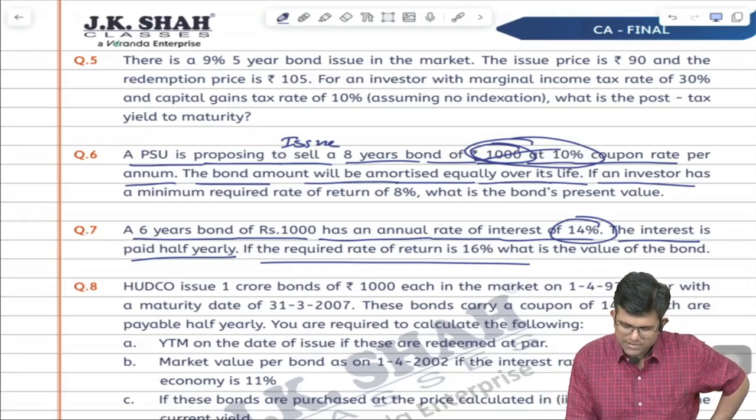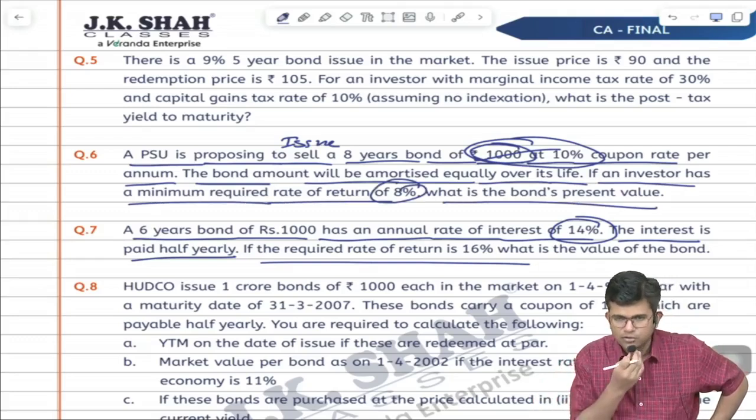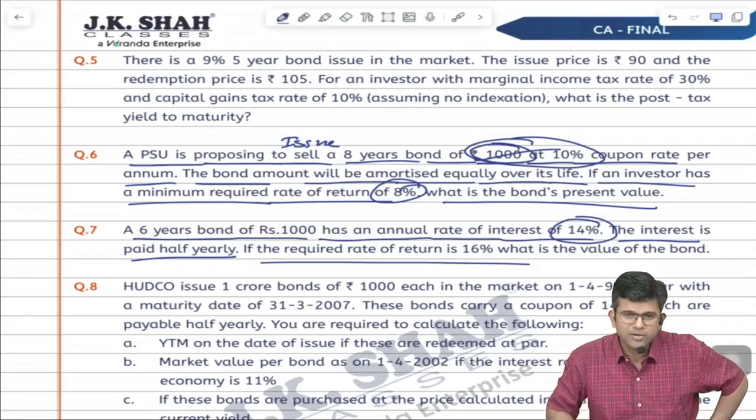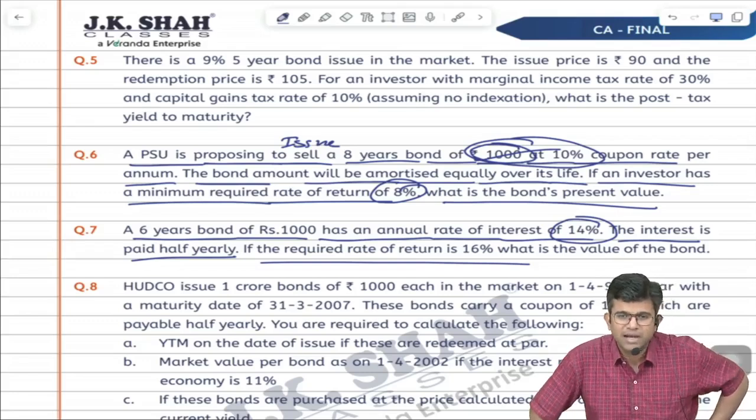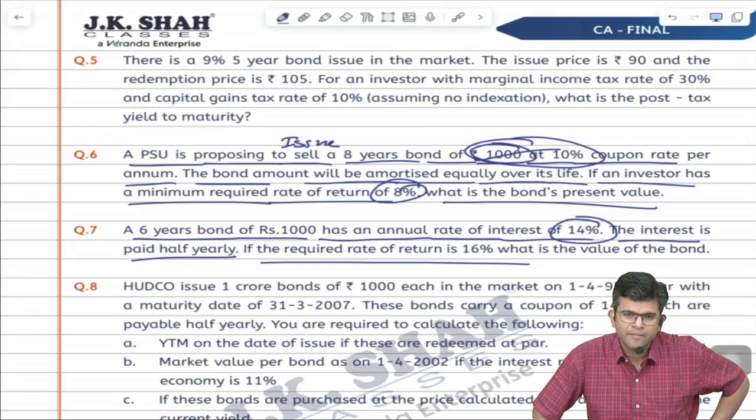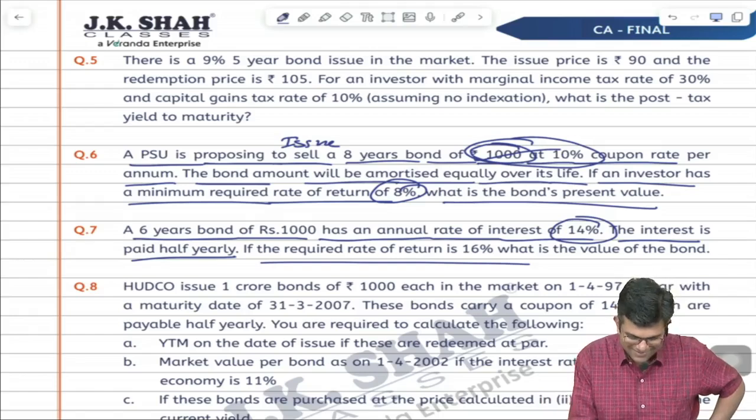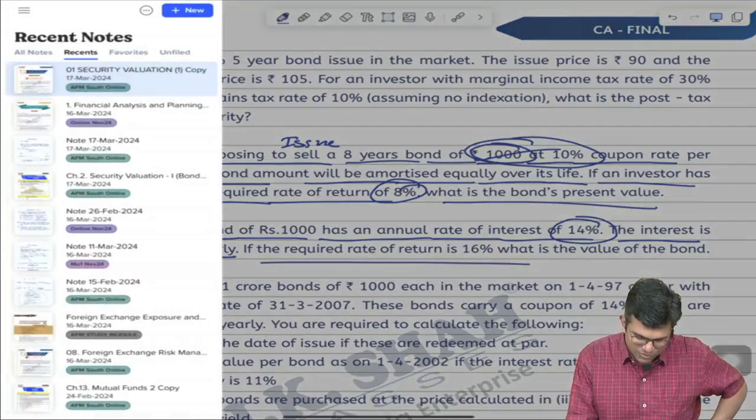If the investor has a minimum required return of 8%, what is the bond's present value? In case you don't know, this type of question was there in your cost of capital ICA study model. It was there. Do you know about it? Had you seen it? Anyways, so